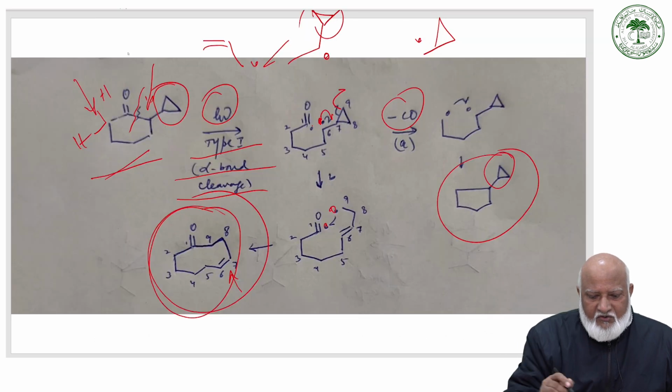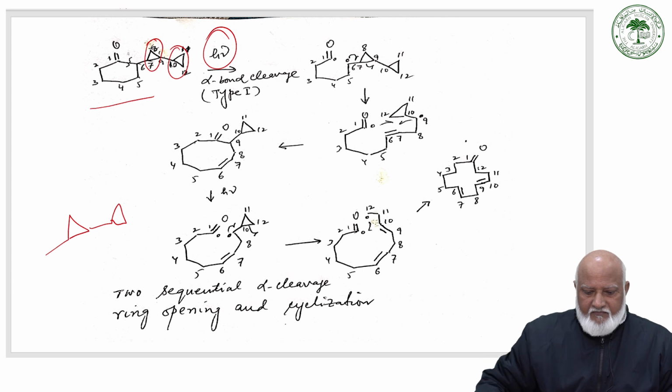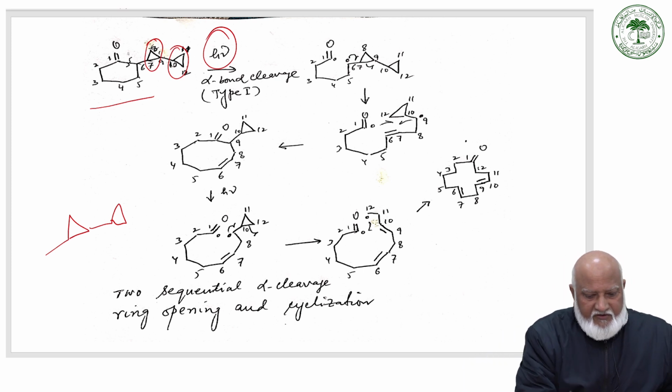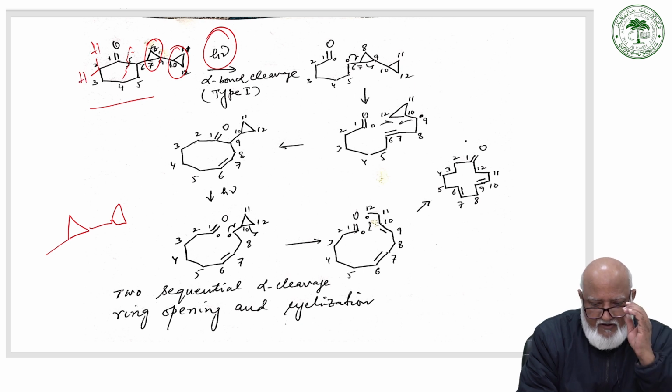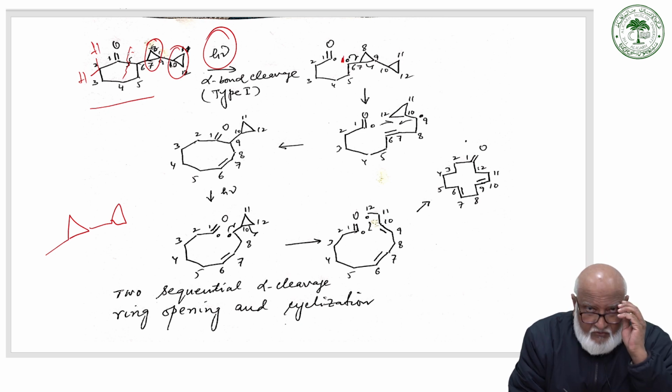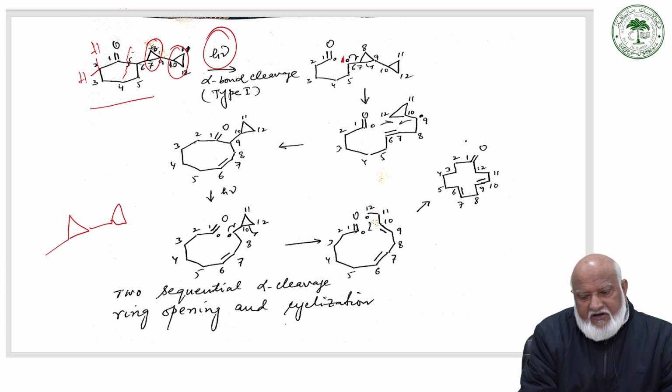So this will also undergo a Norrish type 1 reaction to give a preferential alpha bond cleavage. This will be an unsubstituted carbon with 2 hydrogens, giving a primary radical, whereas this one is going to give a radical adjacent to the cyclopropane ring. So this is going to be the preferential cleavage, because this radical is adjacent to the cyclopropane